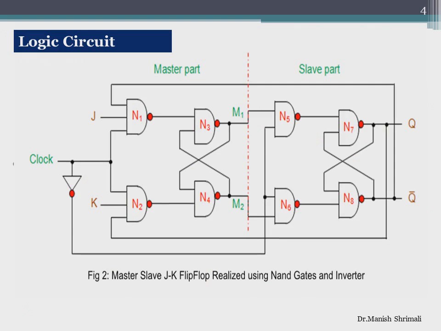This is the circuit diagram of the master slave flip flop, in which we have the master section and the slave section, and you can see that it is the same as what we had seen in the logic symbol of master slave JK flip flop. Here also you can see that the clock is connected to the master section, and there is a negative clock which is going to the slave section. So the point worth noting here is that the master section becomes operational when the clock is 1, and the slave section becomes operational when there is negative clock or when the clock is 0.